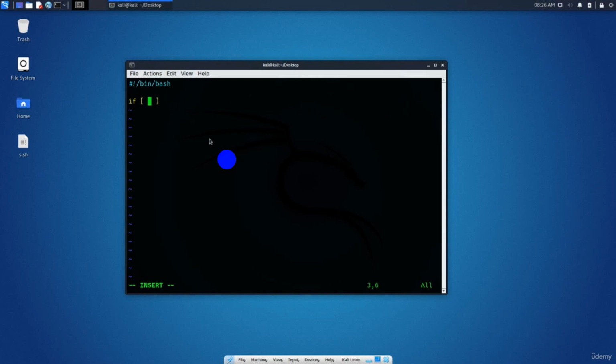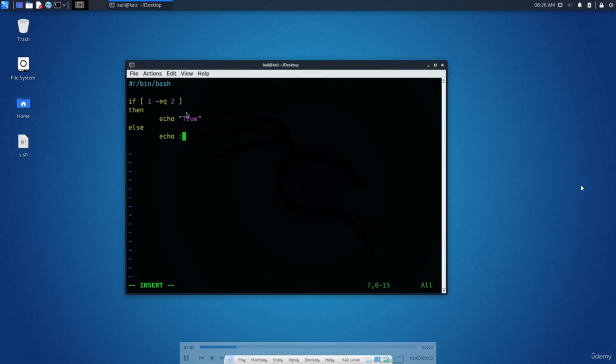So for example, if 1, then put the operator like dash eq, and then 2. Okay, so as you can see, there is a space here and there is a space here. All right, because other than that it will show us a problem. Now this is the syntax: the first argument, then echo true, else echo false. Then we will close it by using the fi